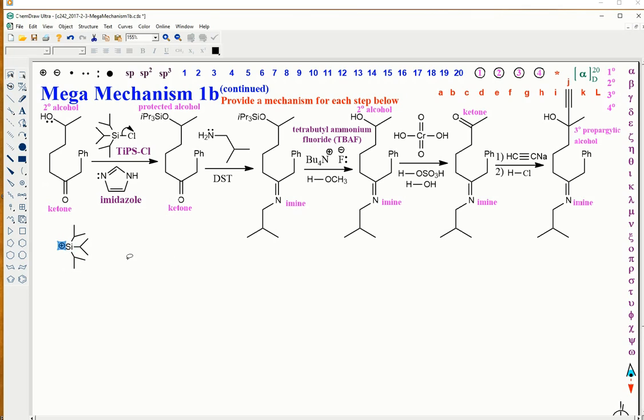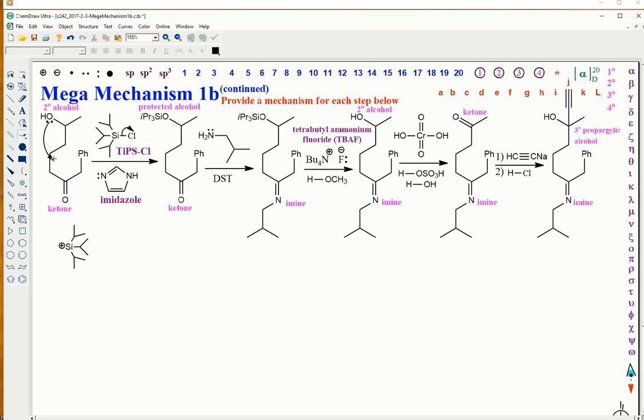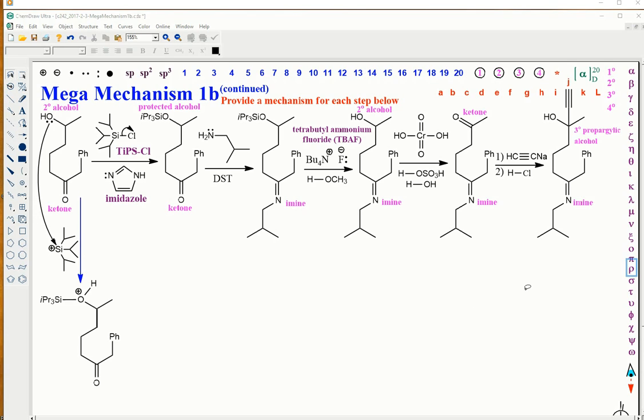This cation attracts the lone pair of the alcohol with a mechanism like this. This arrow clearly needs a little help. We generate this intermediate here, an oxonium ion,